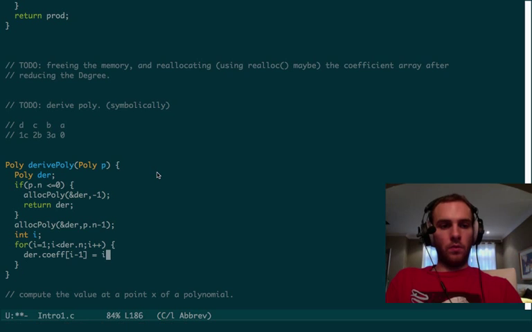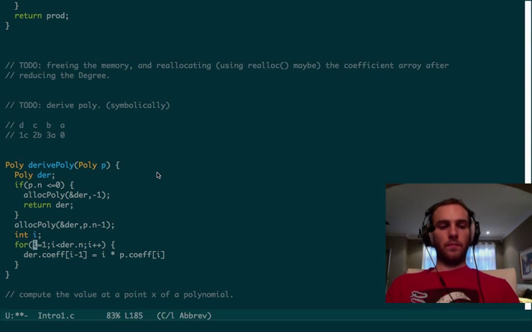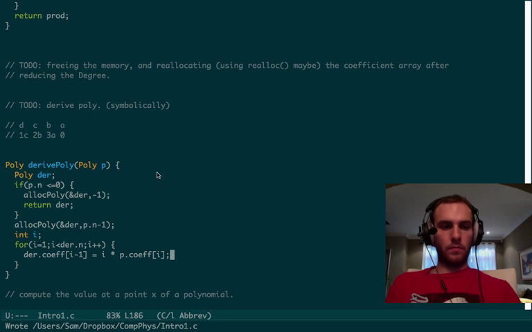It's going to be 1 times the coefficient at position 1 in P. You see, we know that P dot n is at least 1